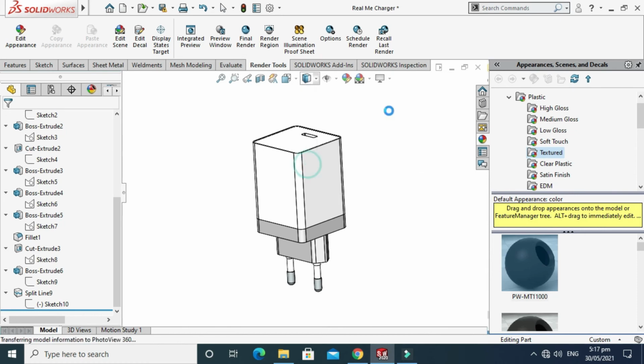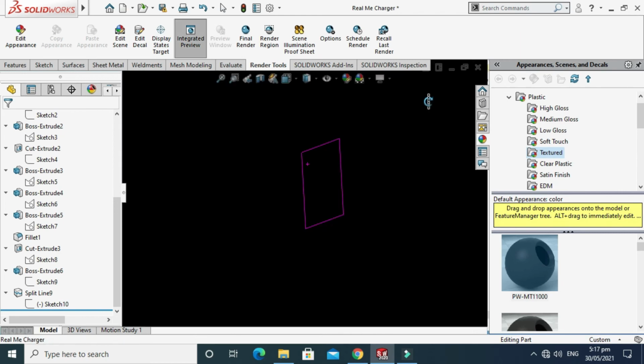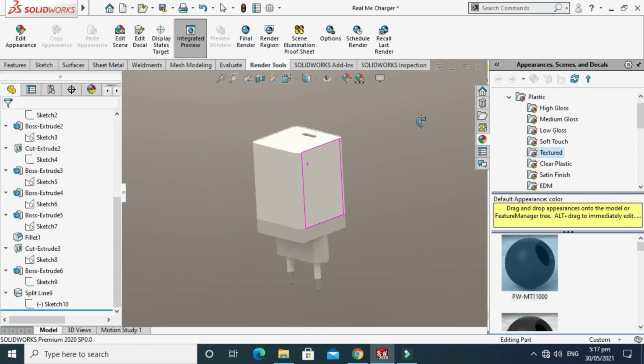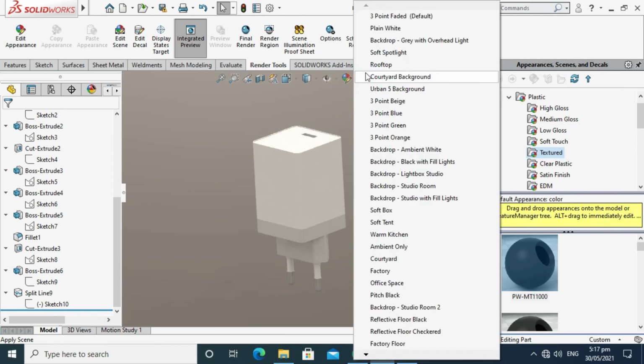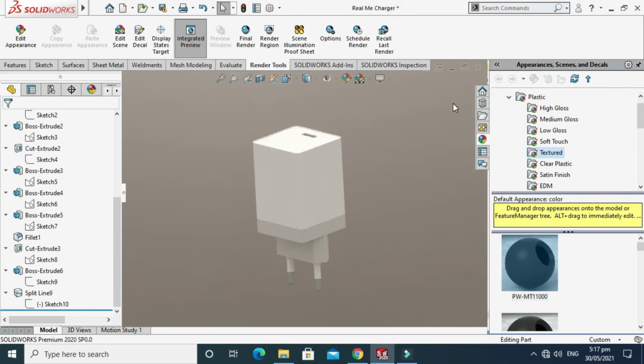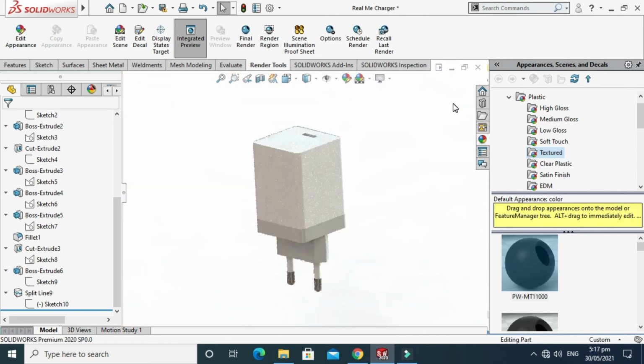It will take some time to render depending upon your PC. Remember, it is not the final render, it is just an integrated preview. This looks a fine render, but I think the background is not suitable. Just go to apply scene and I'll change it to plain white, and that looks better, right?